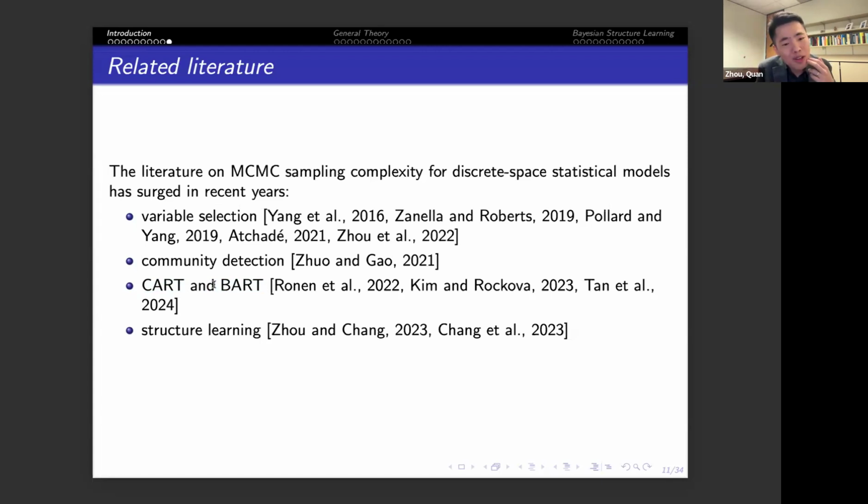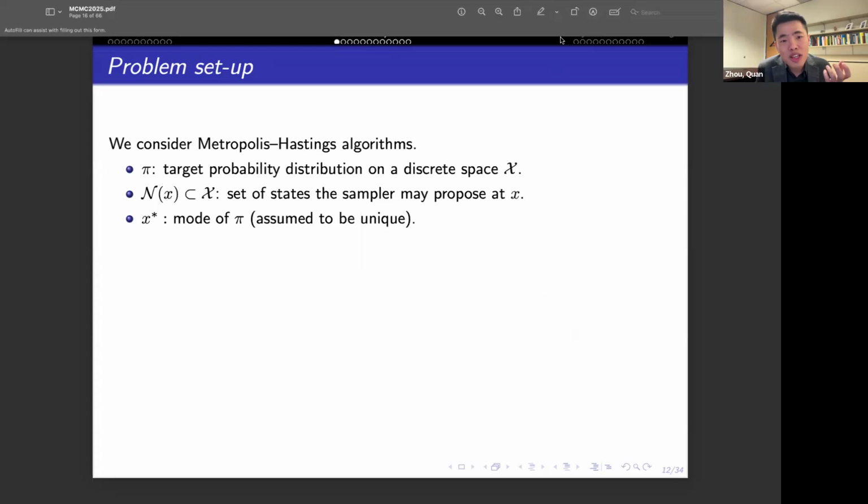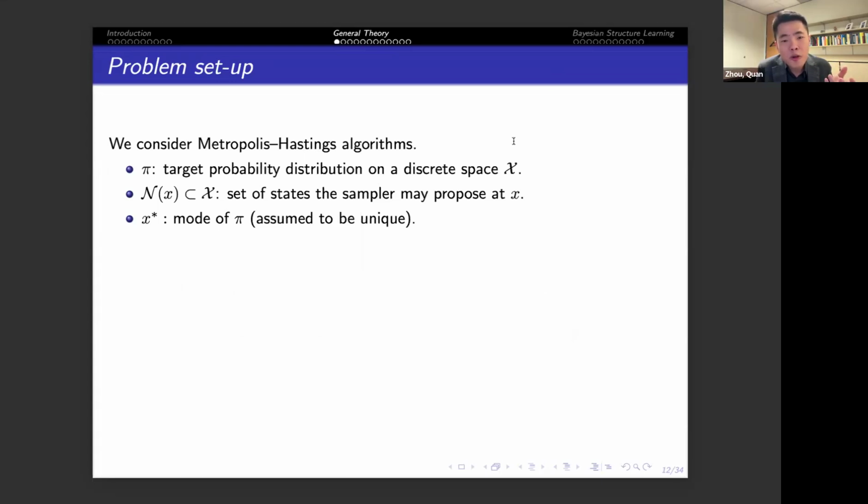And next, I'm going to move on to some general theoretical results we develop for these discrete space statistical problems. Of course, to derive some general theory, the first thing we want to do is to choose a reasonable theoretical setup to work with. And motivated by the previous discussion, I'm going to set up my problem as follows. First of all, we are only considering the Metropolis-Hastings algorithms. I'm using pi to denote my target probability distribution, which is my posterior distribution of some Bayesian statistical